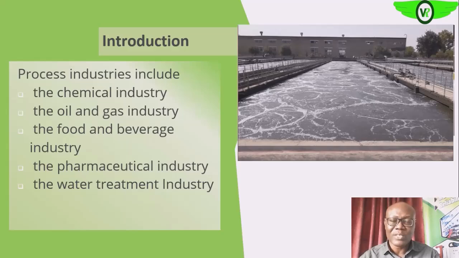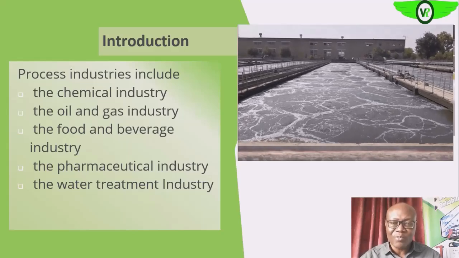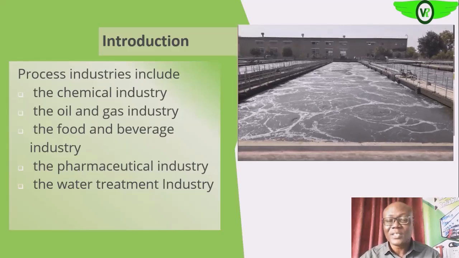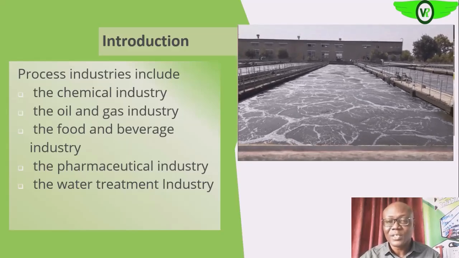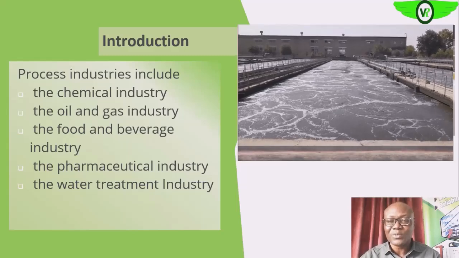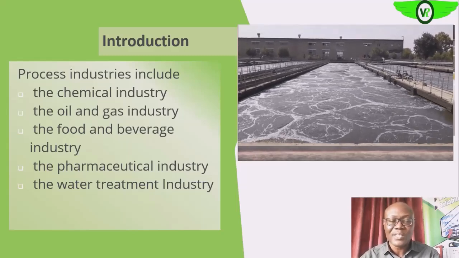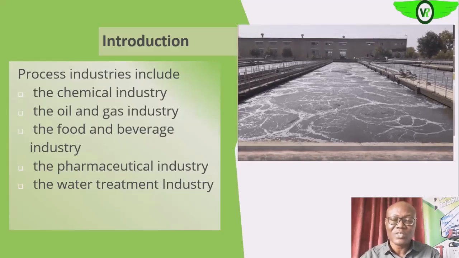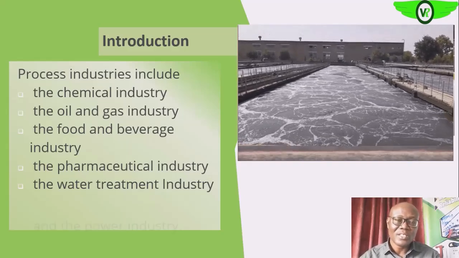Here the water is meant to go through a series of processes. For us to get the desired output, we need to monitor certain variables, and we need instrument or instrumentation on the system or on the